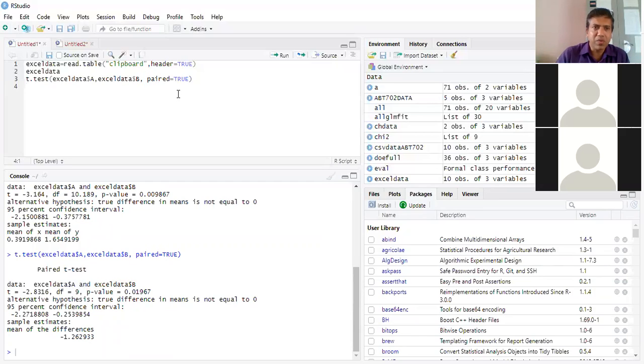Now, for example, this is the script I made. I can save this script so that next time I don't need to type all these commands. And there are some forums where these commands are already written. You can just copy them, paste them in your R script, save it, and use it for your further work.